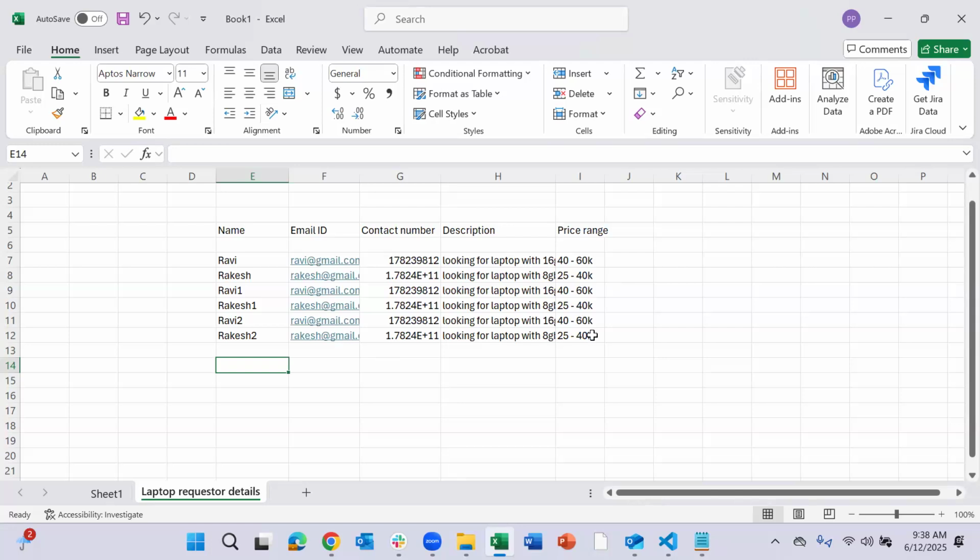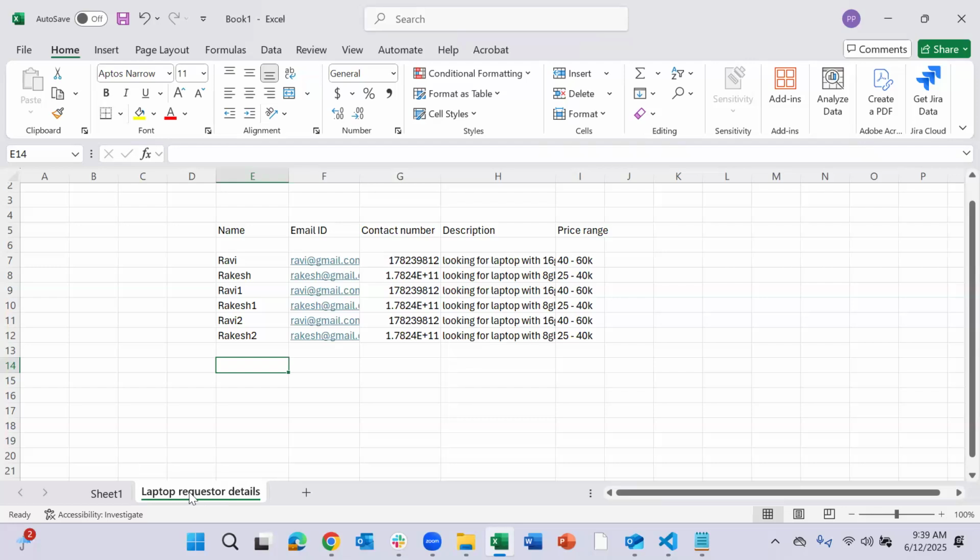To store that data, we usually have data tables. We call them data tables inside a database. The same data table, we represent as an object inside Salesforce. So the table which stores the information is nothing but the object.